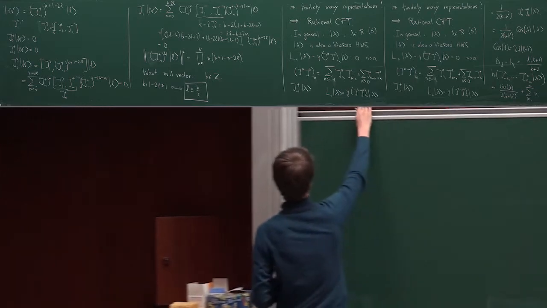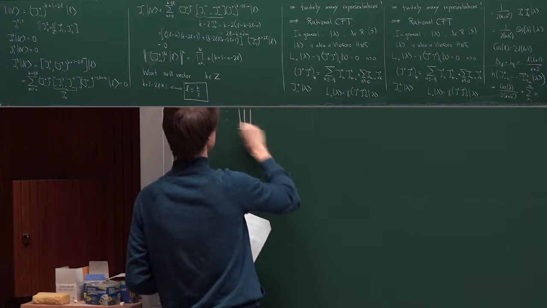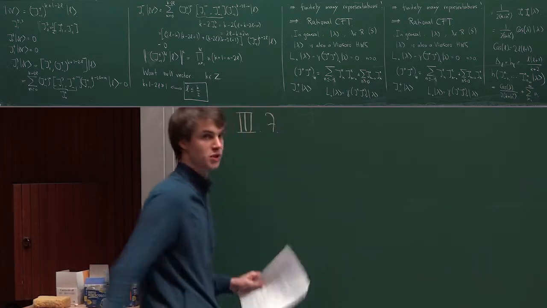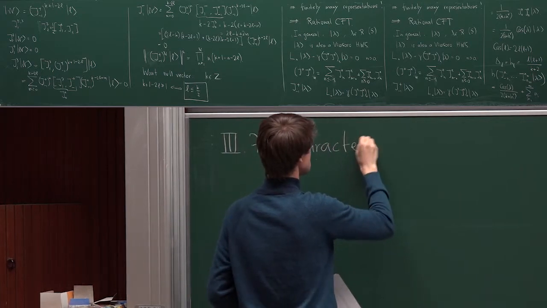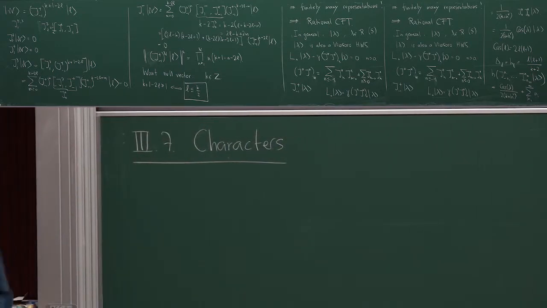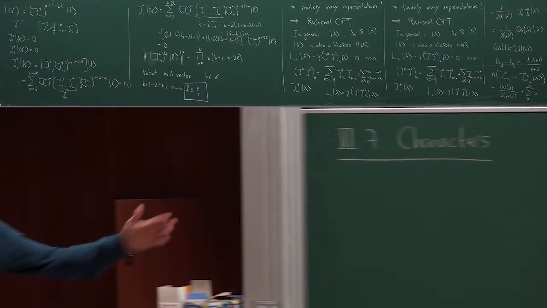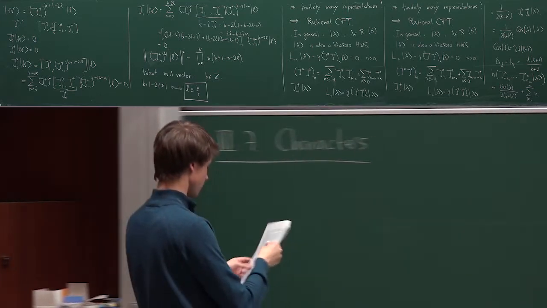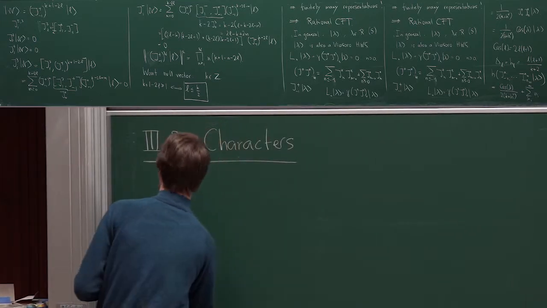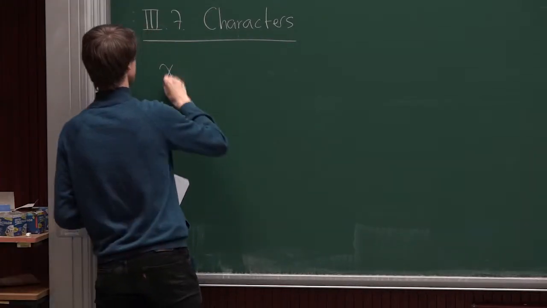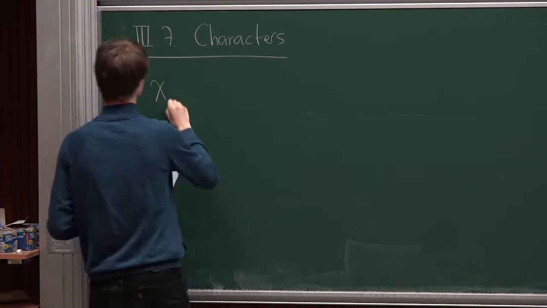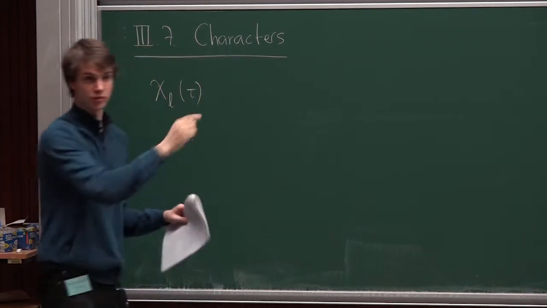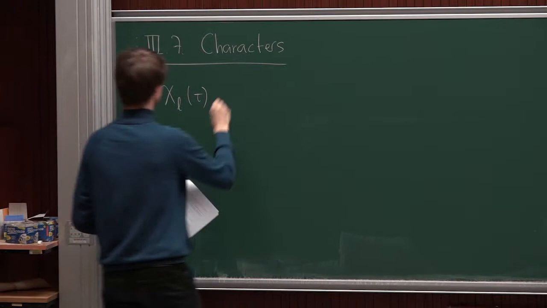Okay. So now we understand representations. So I immediately jump to the last lecture of Sylvain and talk about characters. Characters are just some way of counting how many states a representation has. Let's recall quickly what a character was. Here I mostly again work with SU2, but you can generalize, it's not hard.